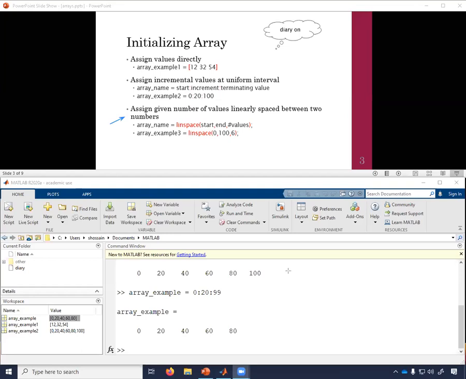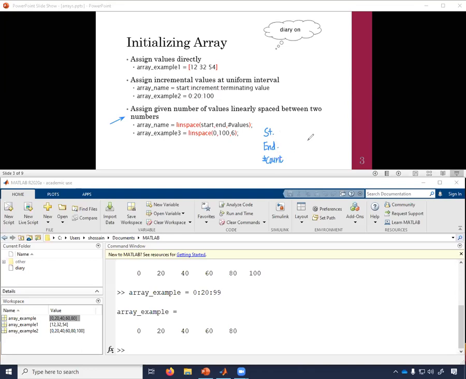The next item on our list is using the linspace command. Okay, so we have that right here. In this case also we are looking for a series of numbers, and we know, or we should know, the starting number. We should know the end number, and we should know how many numbers we want between these